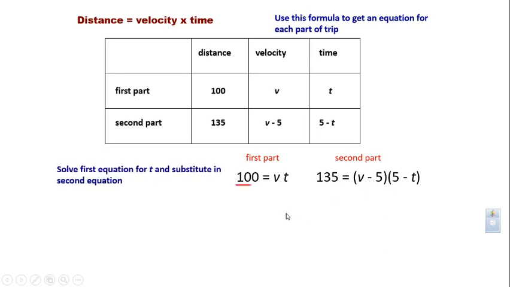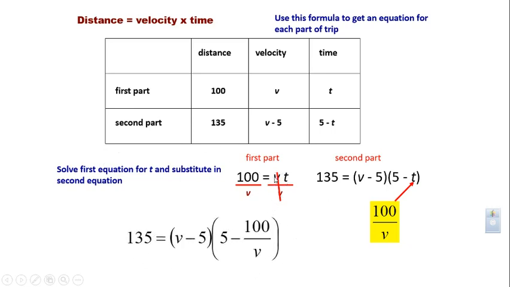So what we do, we just solve for one variable. So we can isolate the t, sorry. And once I isolate the time, now I know that the time is 100 over v. I will just take that from the first part and substitute that into the second part. So effectively, I'm solving two equations with two variables. I get one variable by itself in one equation, and I substitute that into the other equation. And now my equation only has v's, and once I solve for v, that will give me my initial speed,